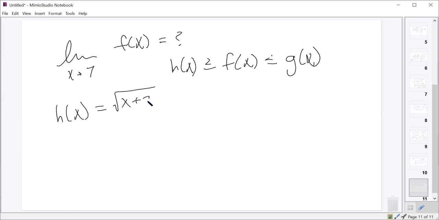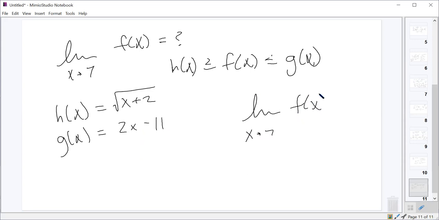the square root of x plus 2, and g of x is equal to, I mean, these functions may not work for that, but that's fine, 2x minus 11. What's the limit as x approaches 7 of f of x? And you'd say, well, since I